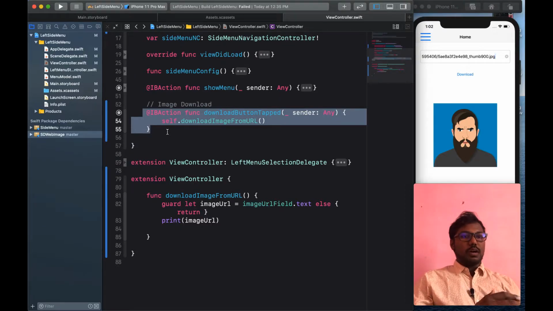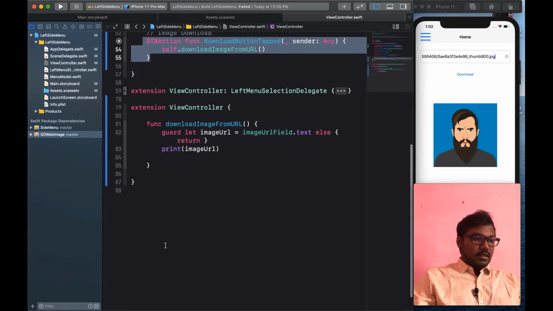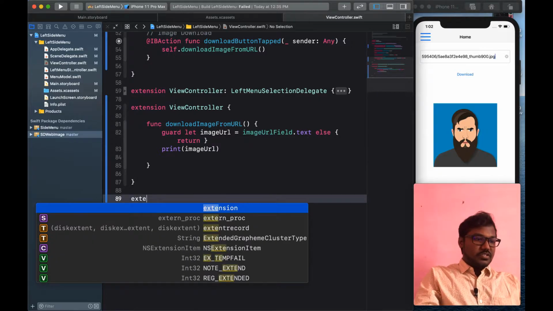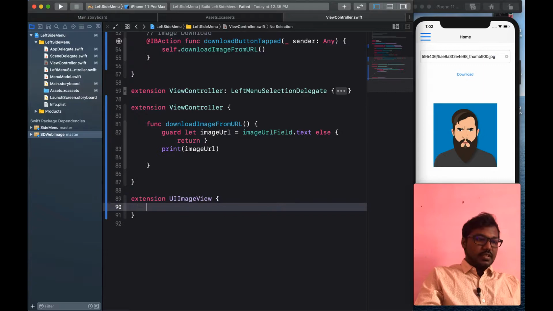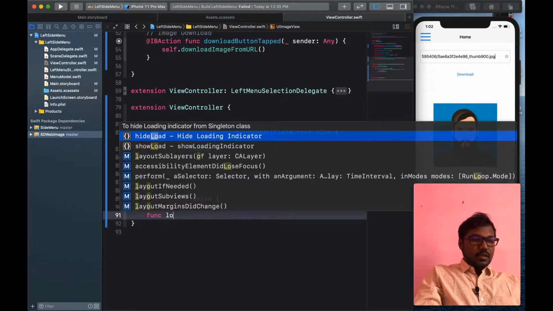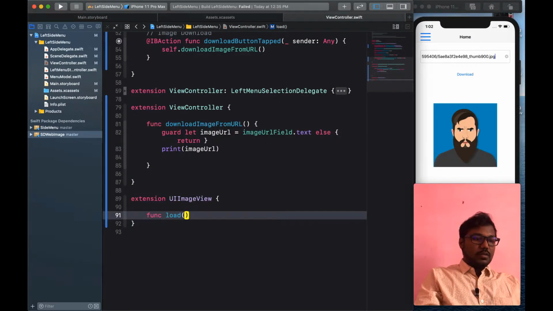Now I am going to create an extension for UIImageView. Inside the image view extension, I am creating one function to load the image from a URL using SDWebImage. Let's start the implementation: create the function and name it load.